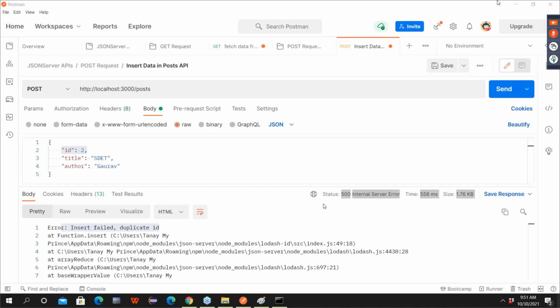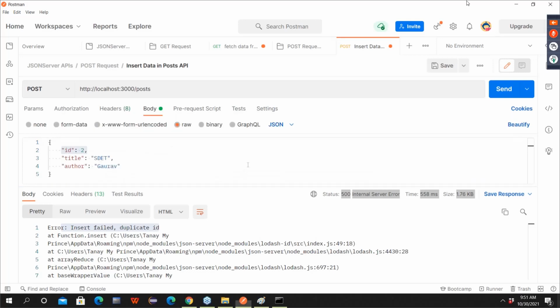So I told you the series of status codes: 100, 200, 300, 400, 500. If there is a 500, it means a server side error. The server can't proceed because, as per the logic declared inside it, the ID already exists.